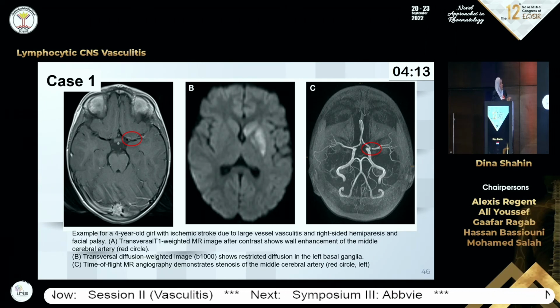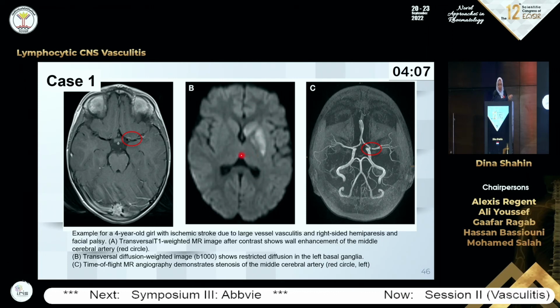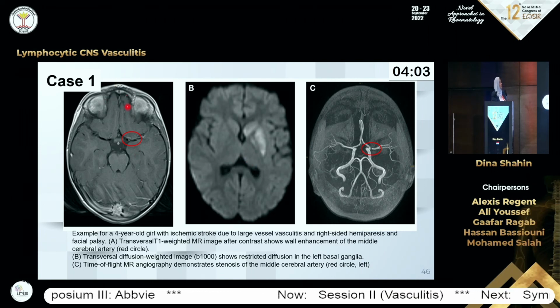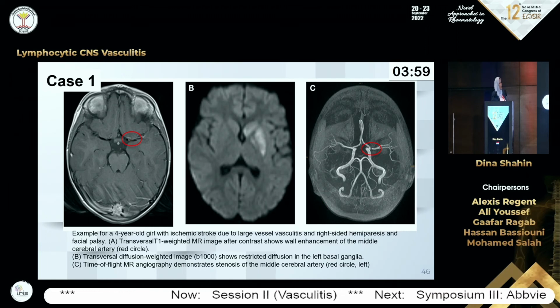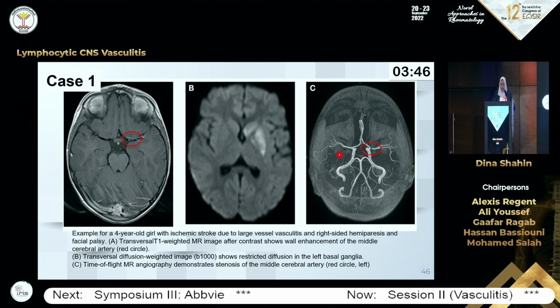هنا مش عارفه. الليجن واضح هنا، هو ischemic lesion موجود في الـ basal ganglia، وفي هنا enhancement في الـ middle cerebral artery. ولما عملت MRA واضح هنا في الـ defect اللي موجود في الـ middle cerebral artery. البنت دي عملت biopsy وطلعت lymphocytic